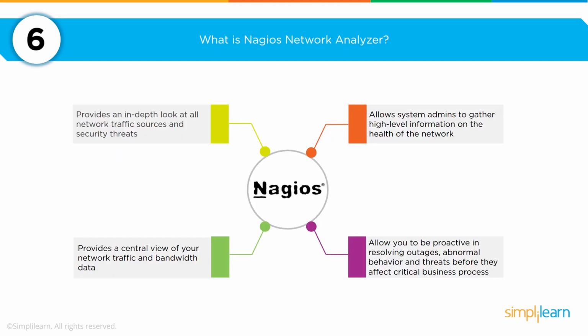So what is the Nagios Network Analyzer? And again, hold out your four fingers because there are four options here. One, the Nagios Network Analyzer provides an in-depth look at all your network traffic, source, and security threats. Two, it allows system admins to gather high-level information on the health of your network. Three, it provides a central view of your network traffic and bandwidth data. And four, it allows you to be proactive in resolving outages, abnormal behavior, and threats before they affect critical business